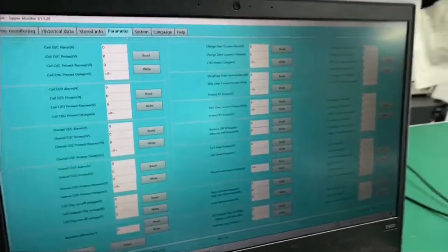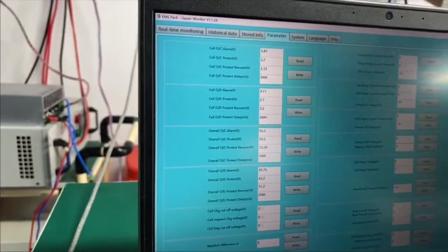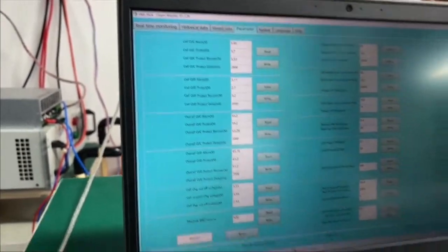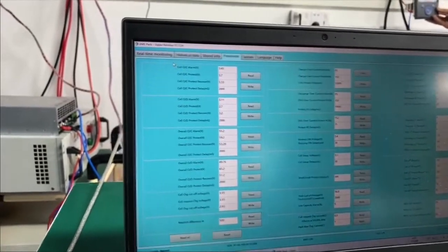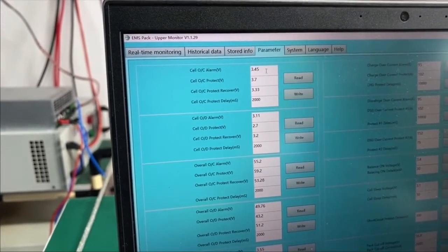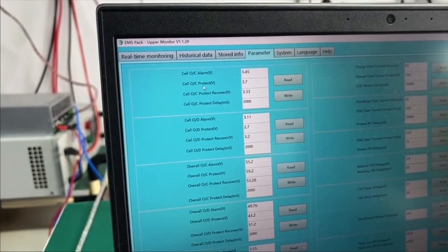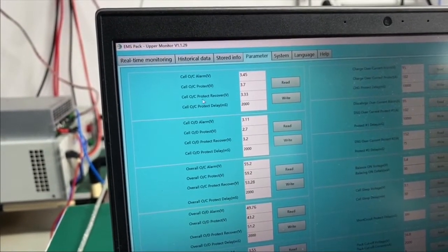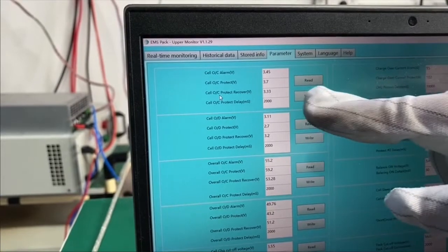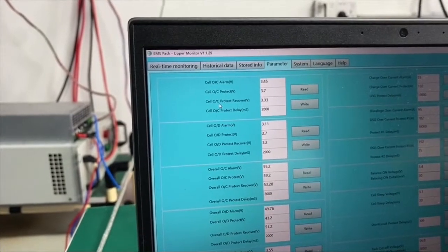And then we have the parameters page. On the parameter page, this will have all the protection values written inside. So as you can see from the parameters, we have cell overcharge alarm value at 3.45 volt for single cell, and cell overcharge protection at 3.7, sorry. And the cell overcharge protection recover will be at 3.33 volt for the single cell, and the delay time